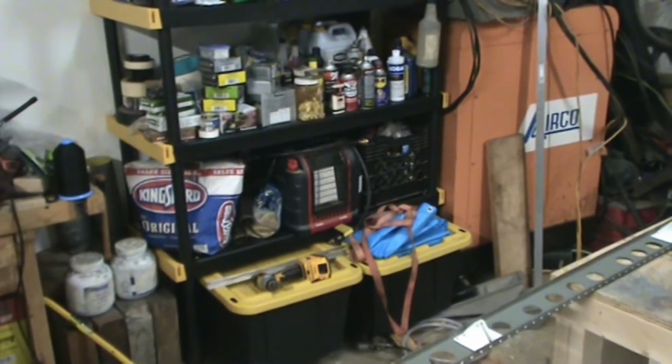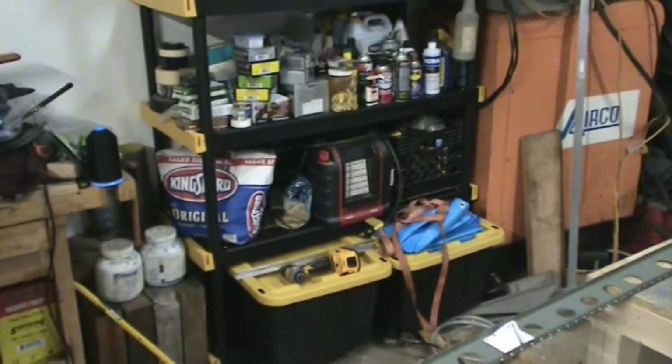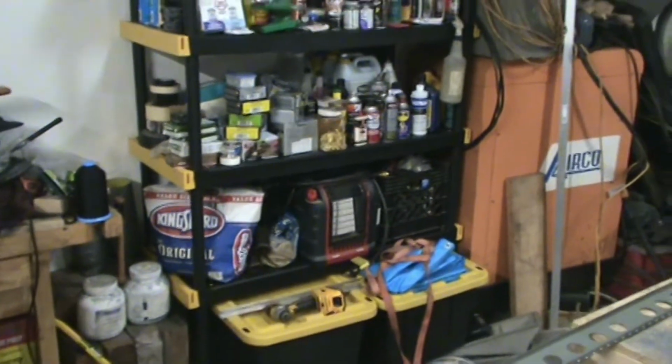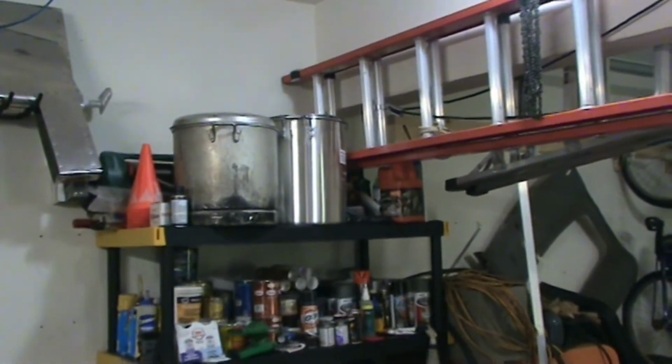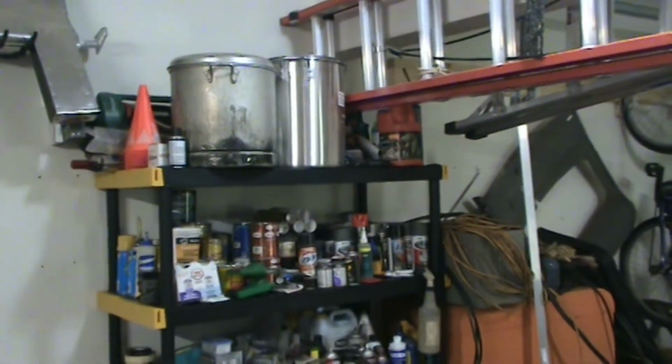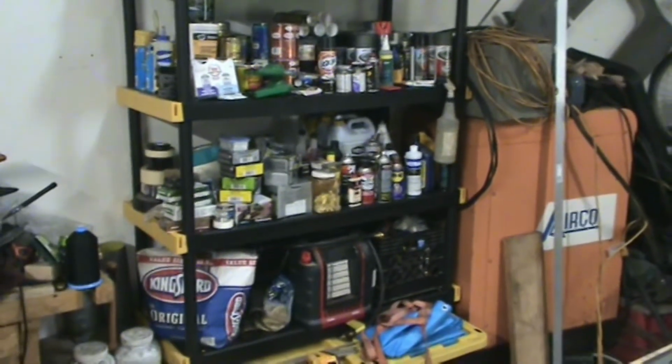The barbecue stuff, the buddy heater. Behind the buddy heater is a propane burner for a turkey fryer. These 2 aluminum pots up top. All that stuff was just sitting on the garage floor. So I've actually cleared up quite a bit of space, and I'm thinking about getting, I love this shelf so